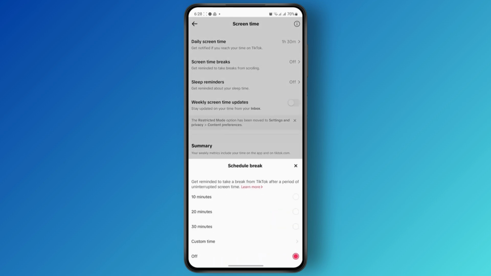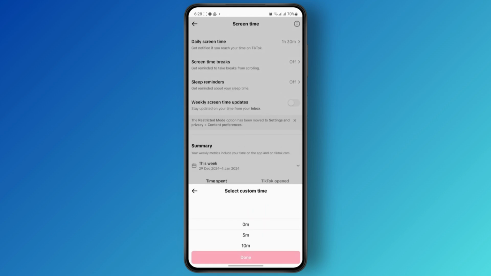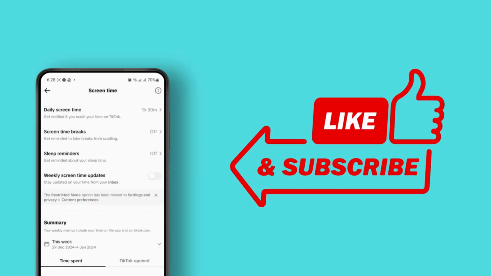You can also add screen time breaks. You can get a 10 minutes, 20 minutes, 30 minutes, or you can add a custom time to take a break. So that's how you easily set time